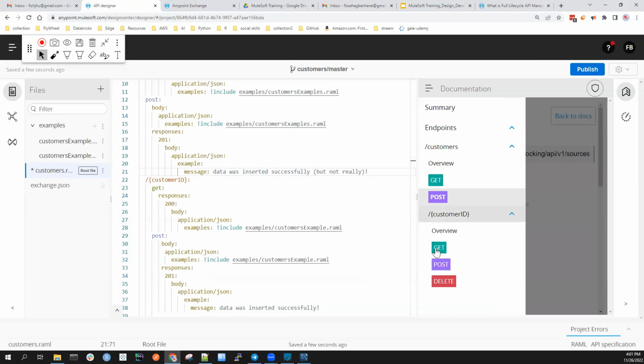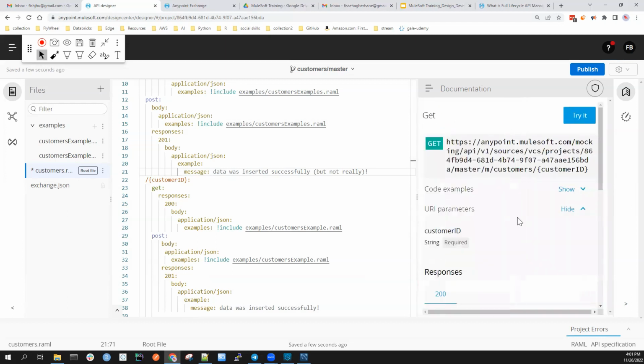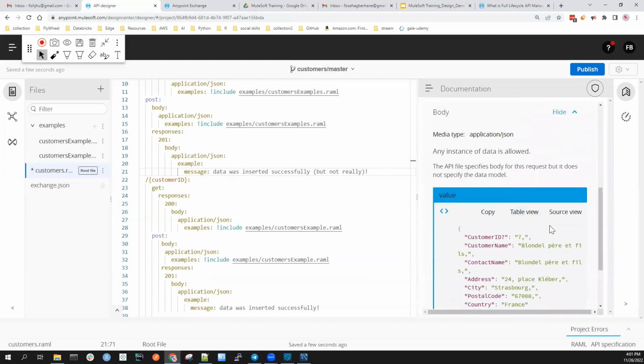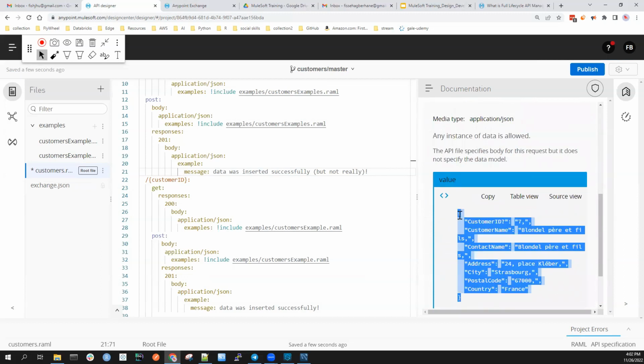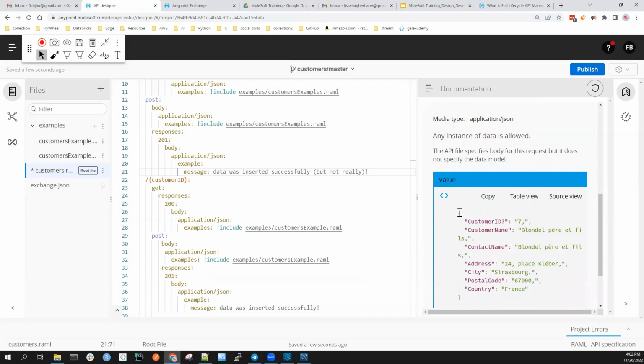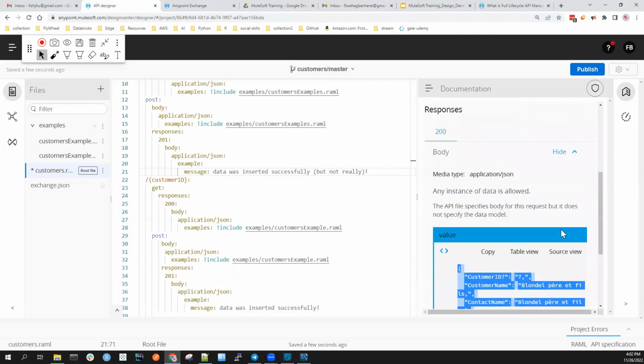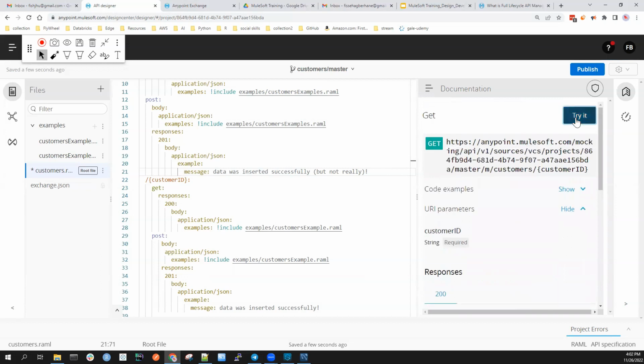If I just click get now, try this one, it is going to return a single record because the example we have is a single record. See, the previous one was an array. We had 2 objects within square brackets, but now we just have 1 object. So if I just click try it,